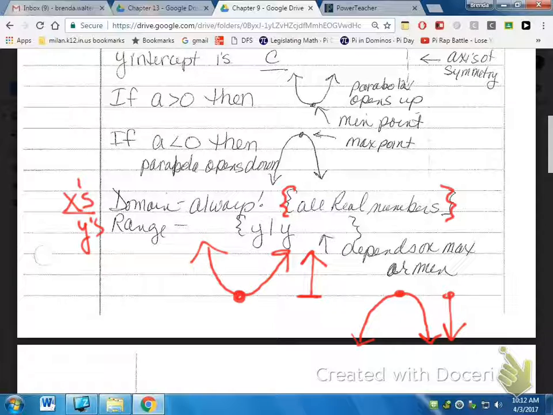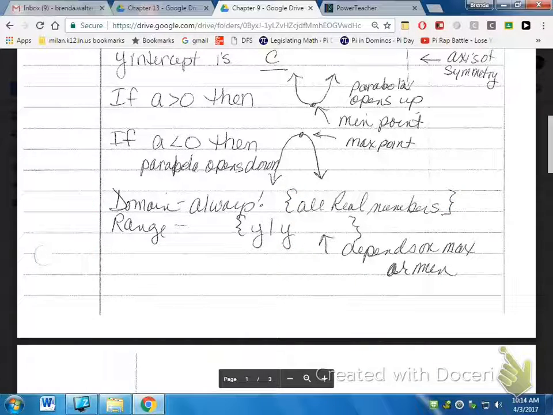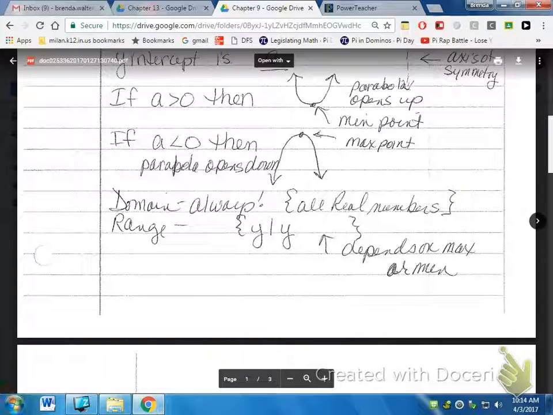Okay, there's a lot of information that I'm giving you right now. I realize that. Okay, questions about knowing domain and range? Domain, you just always say all real numbers. Range, that one, it depends a little bit. Okay, so let's go on here and see what we've got. Maybe